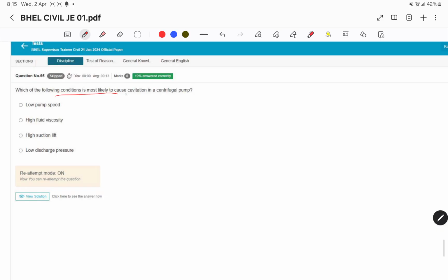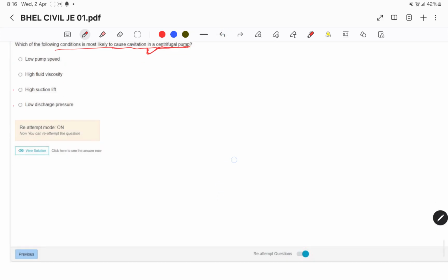Which of the following conditions is most likely to cause cavitation in a centrifugal pump? हाई सक्शन लिफ्ट की वजह से। सेंट्रीफ्यूगल पंप।